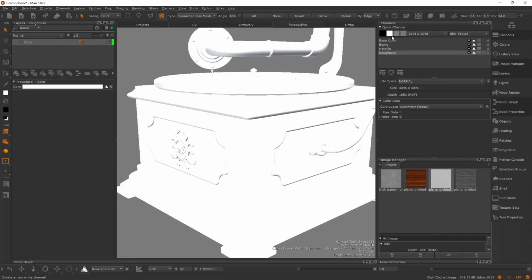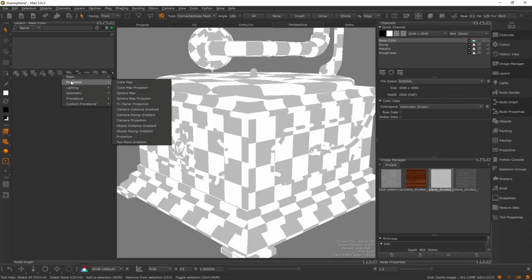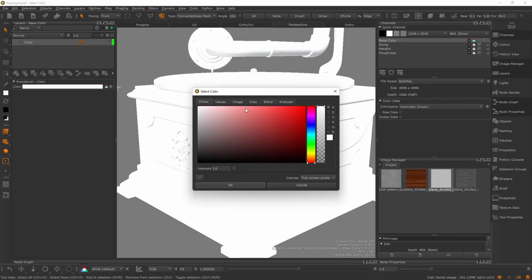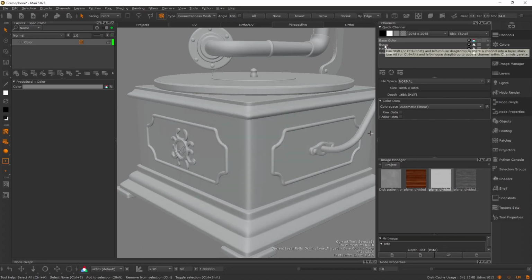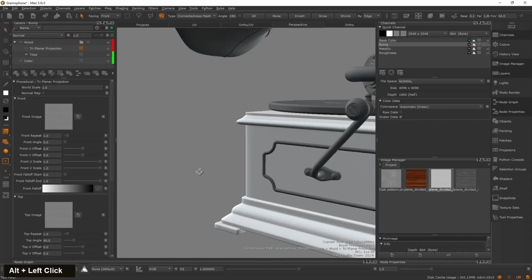All right, now inside the base color, let's go and delete this and add a base color of 50% gray, and let's go back to bump. All right, now